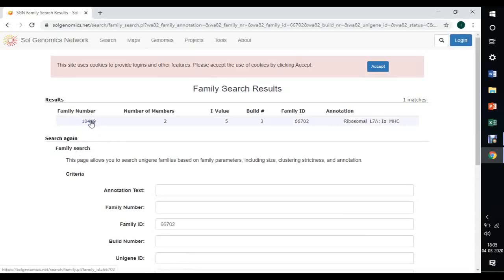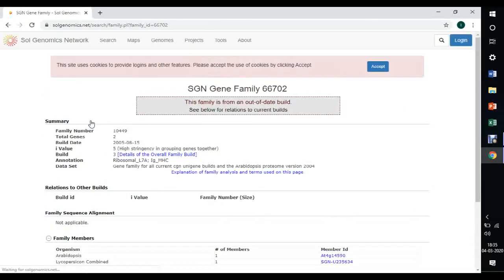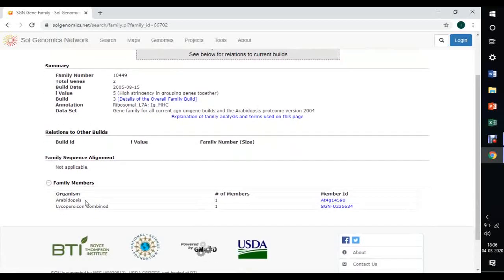It will retrieve the results of that family number. In the results, you can see other details of that family number like total genes in the family, annotation, data set, other members of that family in Arabidopsis and Lycopersicum combined.